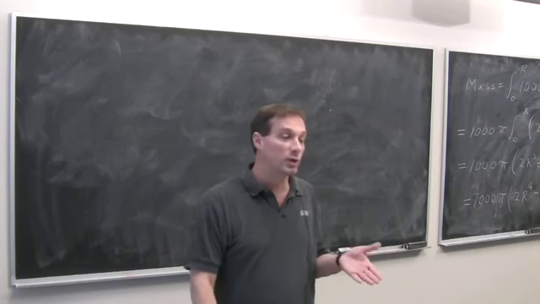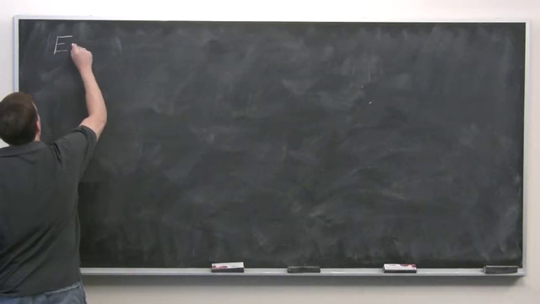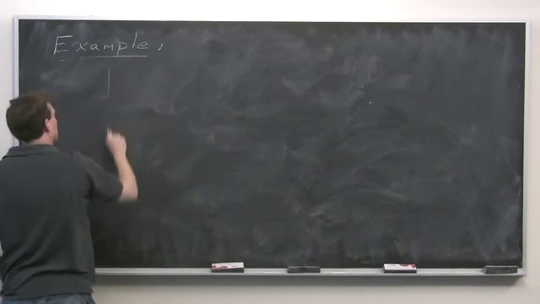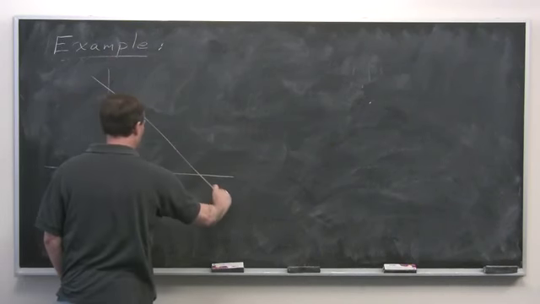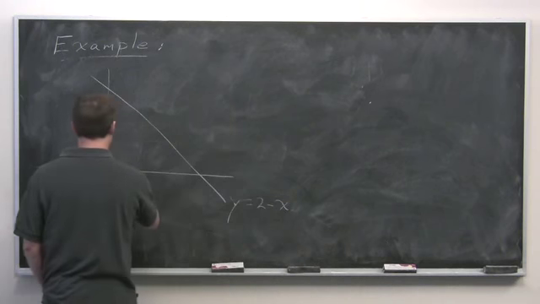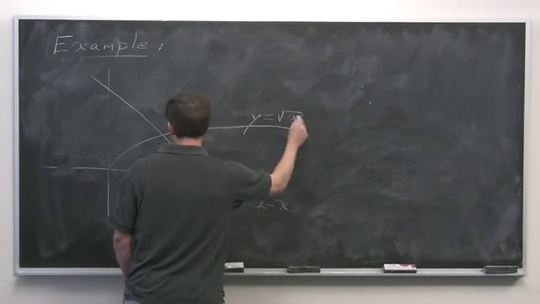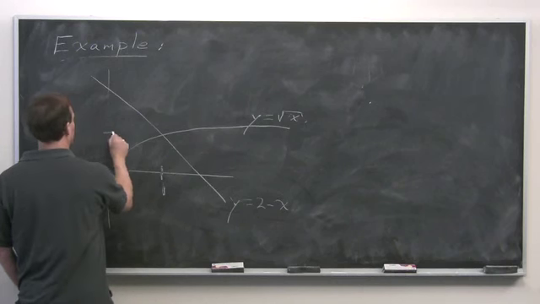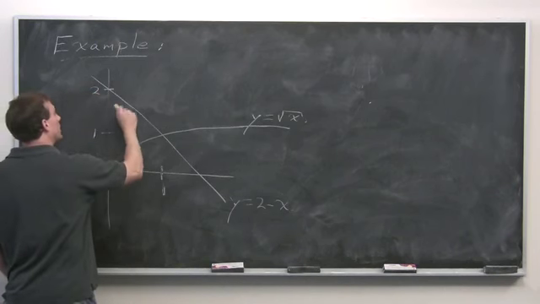So I want to go back to a region we looked at in the volume section. So let's look at this example where we have y equals 2 minus x. Here y is the square root of x. These intersect when x is 1, and y is 1, and this is 2. And we want to look at this region